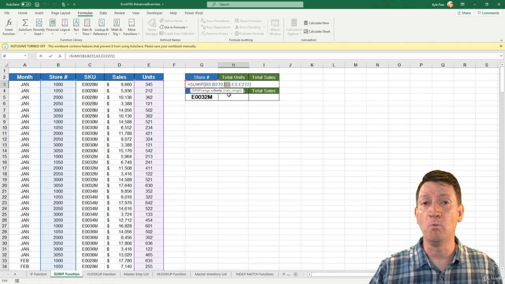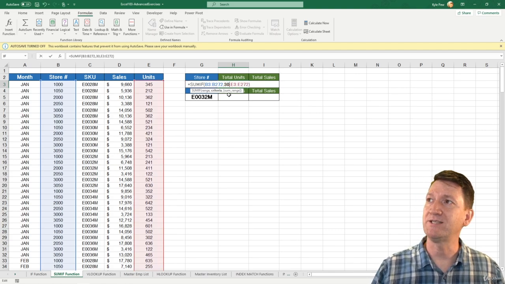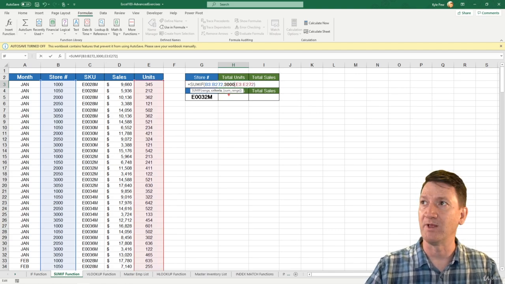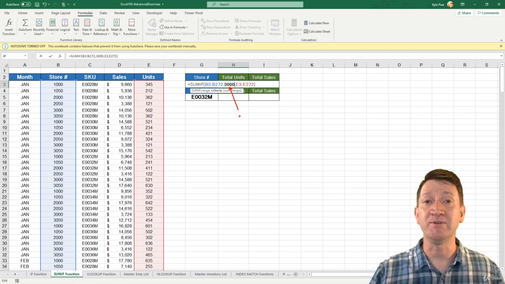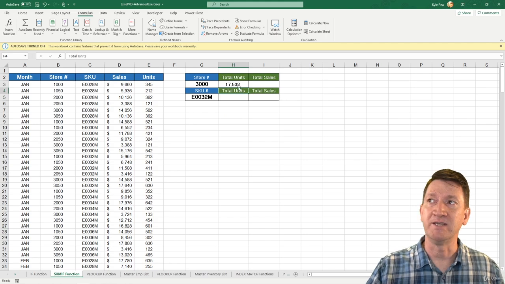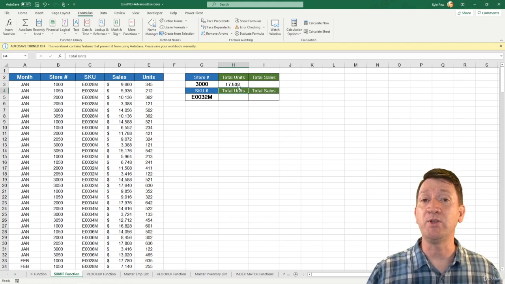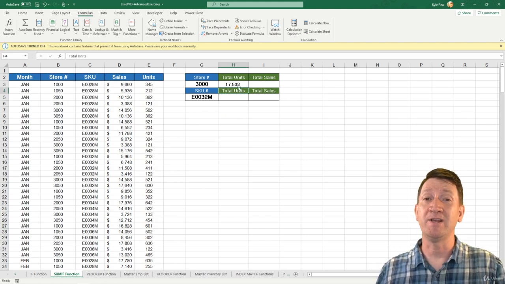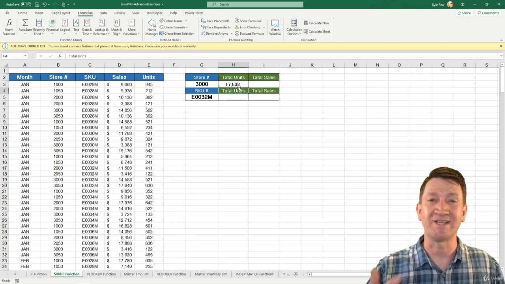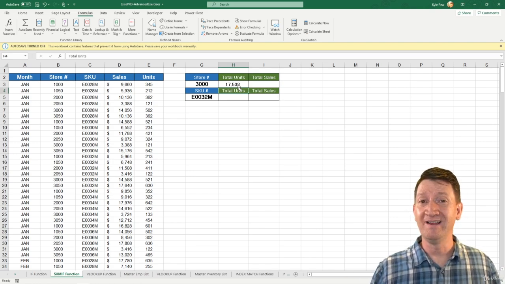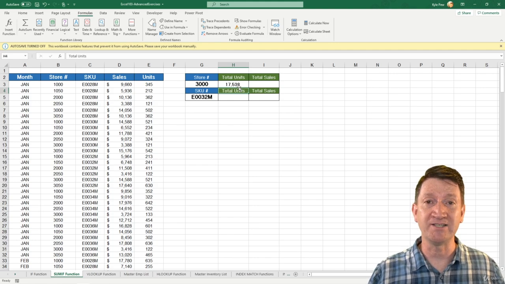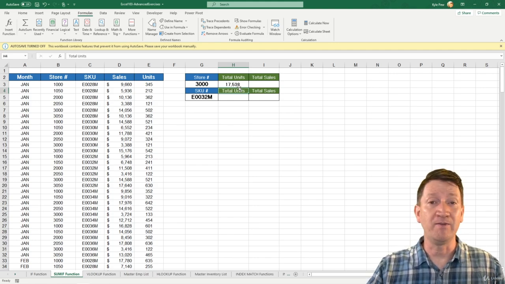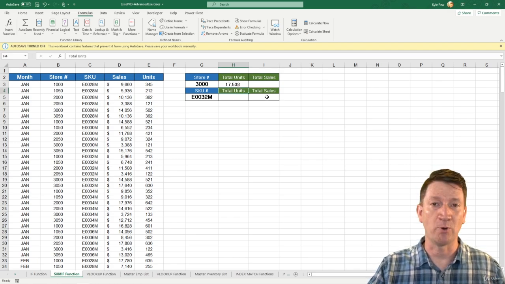But you can also, with the SUMIF, put the criteria directly into the formula. So I'm not referencing a cell, I'm just putting the value that I want to search for. I hit my enter key, gives me the same results. This is one of the beauties of the SUMIF. The criteria can be on the worksheet, make it more interactive, users can change it, it would update the formula, or you can put the criteria directly into the formula itself. That's it, right there. Now, I'm going to leave this up to you. Do the SKU. Drop down, do the total units for the SKU, do the total sales for the SKU,